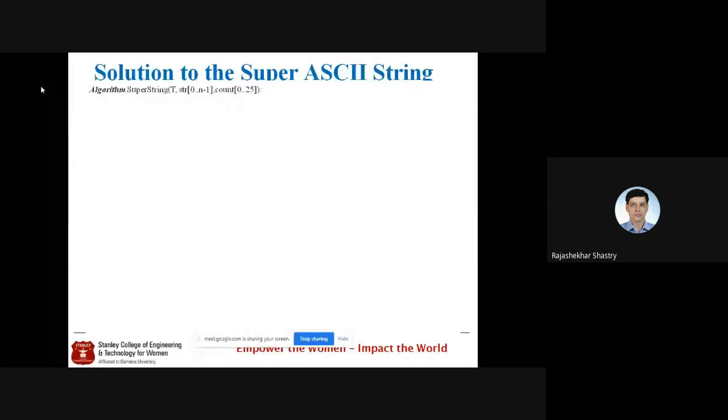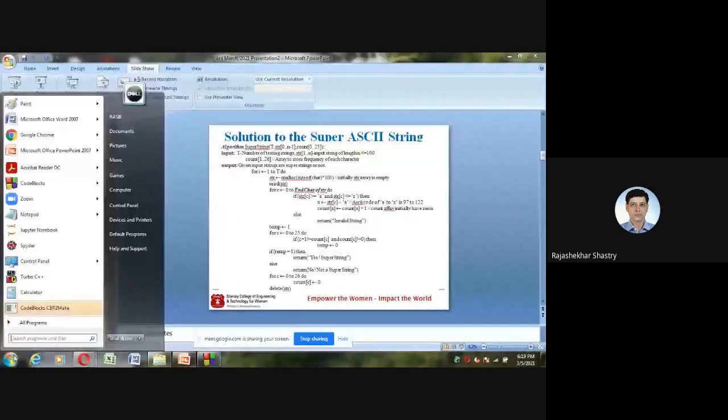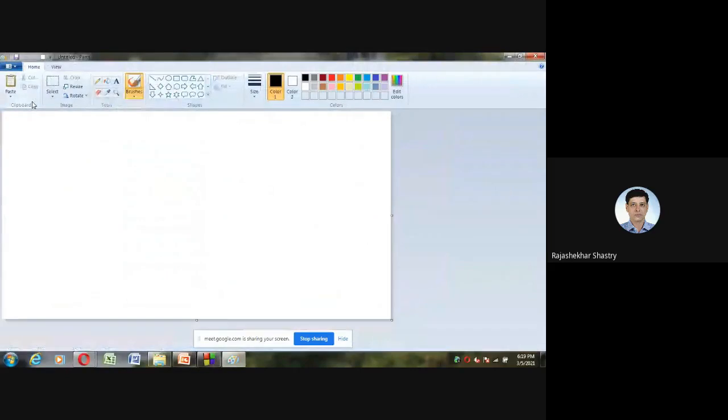So how will it go then? What is the solution? Let me open my Paint. I don't have that option actually, Amma. For this interactive session, I have to ask the coordinator if there is any facility to explain. Anyhow, right now I'm taking the support of this Paint, through which I'll try to explain.